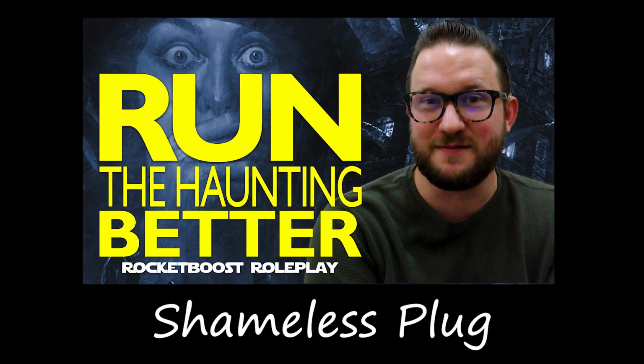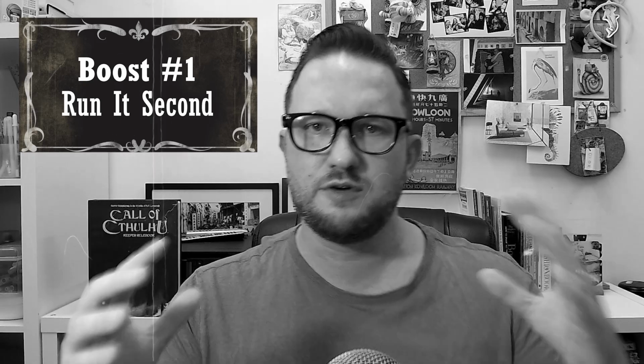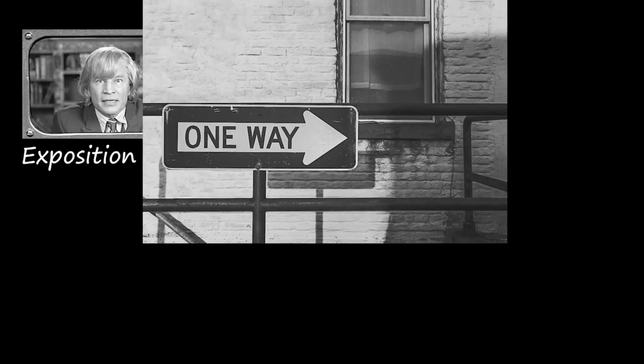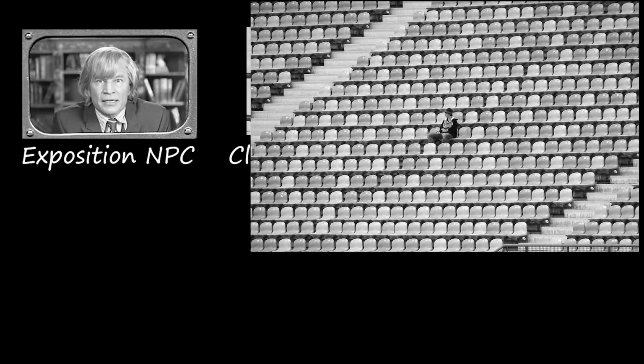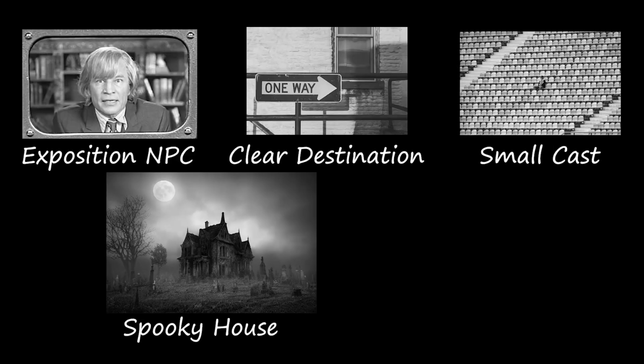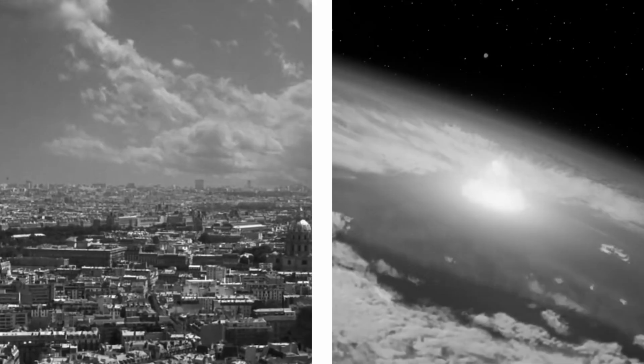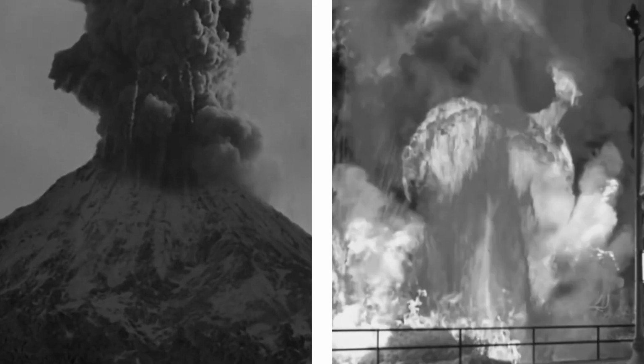Don't run Edge of Darkness first. I mentioned in a previous video that both Edge of Darkness and The Haunting are the go-tos people suggest as first-time scenarios to run, and that is fair. Edge of Darkness and The Haunting share a lot of DNA, with its Basil exposition type setup, the signposted destination, the minimal cast of characters, the spooky house, and a showdown with said house's evil tenant. Edge of Darkness is like the Bug's Life to The Haunting's ants, the Armageddon to its Deep Impact, the Dante's Peak to its